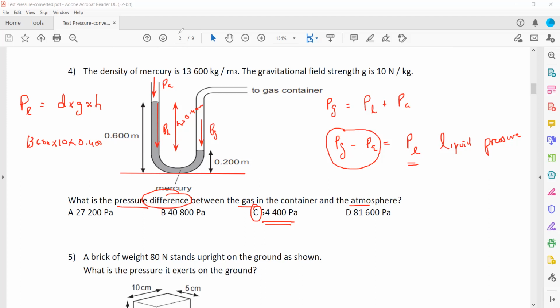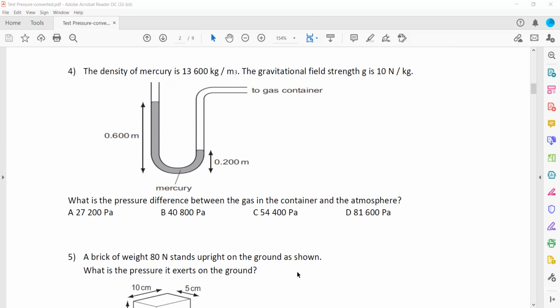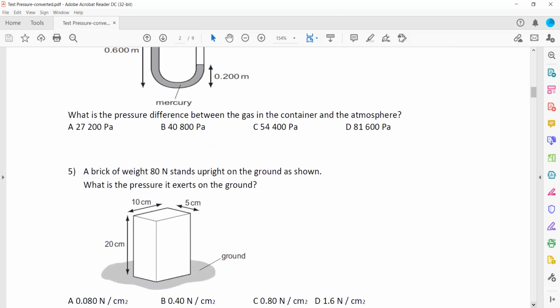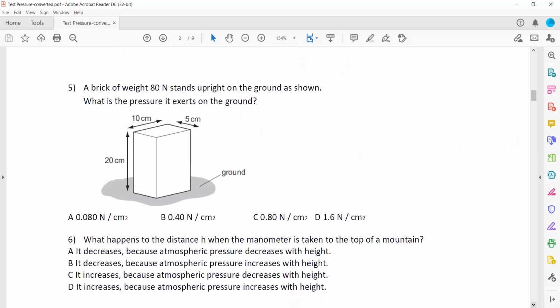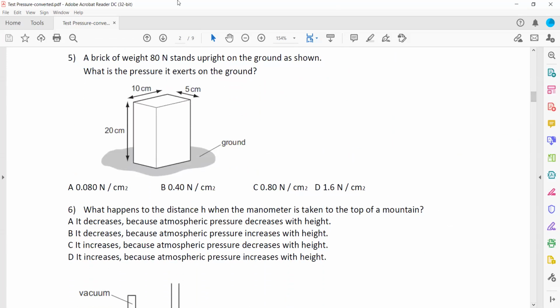So whenever you're solving a question related to manometer, you always take the difference in the height. Okay, question 5. A brick of weight 80 Newton. So 80 Newton is acting down. Weight is the force, that is 80 Newton downward,